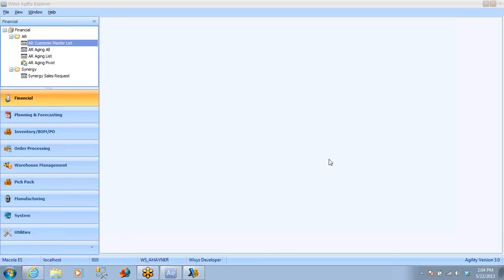So we're going to concentrate on the tool that you can see before you right now, which is our WiSys Agility Explorer. But I want to explain a little bit about it and about a couple other tools briefly first, and then we'll go into just a little demonstration of what you can do with the Agility Explorer right out of the box. Also, just to let you know, we're kind of in the process of changing over from some